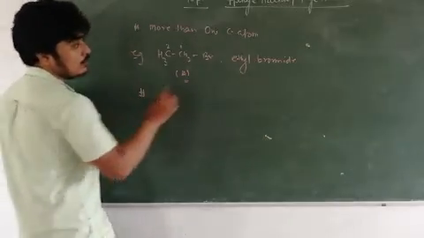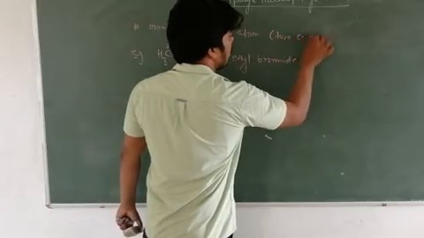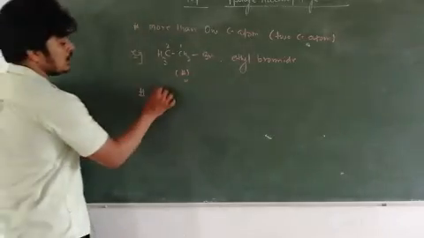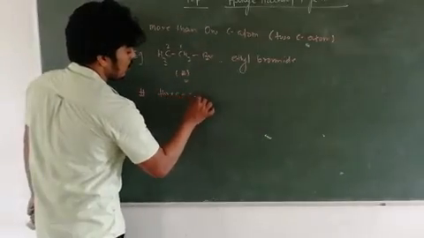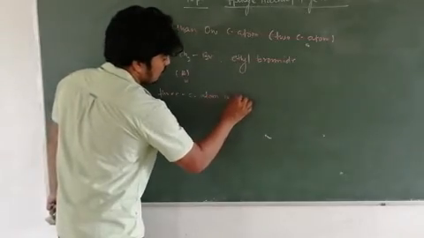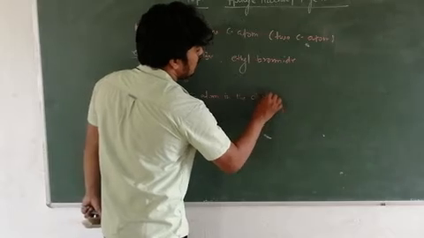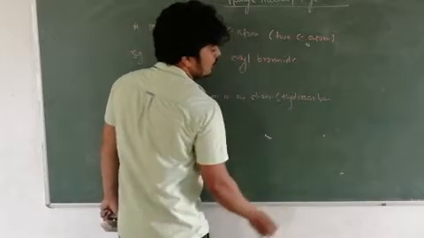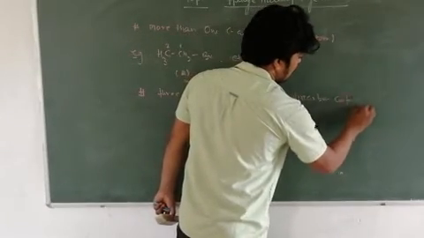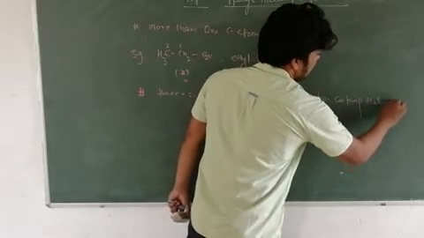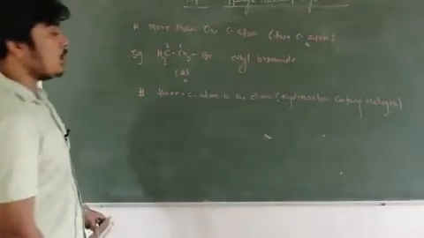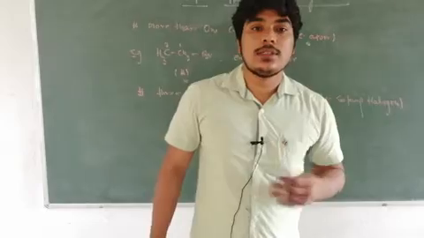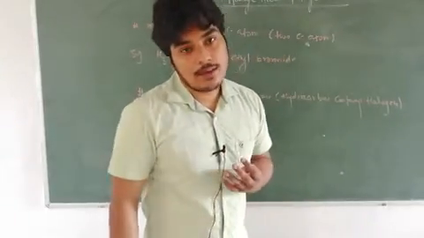Now the second case, if we increase the number of carbon atoms to three, that is, three carbon atoms in the longest chain of the halogen-containing hydrocarbon. Up to two carbons you had no difficulty. If there is one carbon, then it is methyl bromide. If there are two carbons, then it is ethyl bromide.